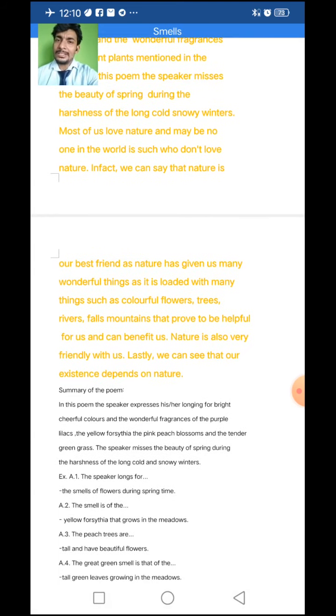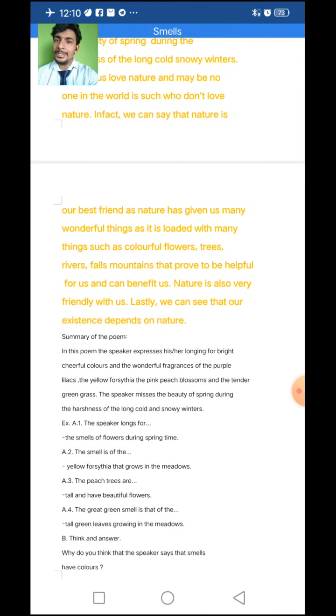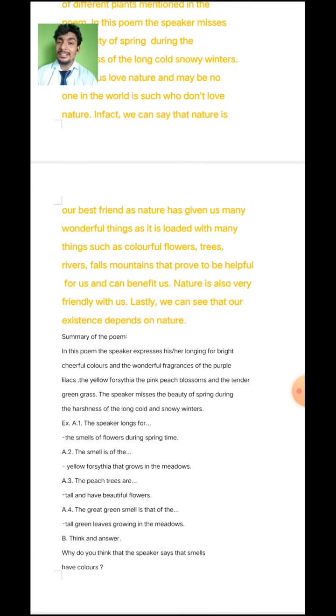Now, in fact, we can say that nature is our best friend, as nature has given many wonderful things. It is loaded with many things such as colorful flowers, trees, rivers, falls, and mountains, that prove to be helpful for us and can benefit us. It's a very simple line, my dear students, that